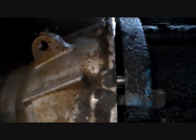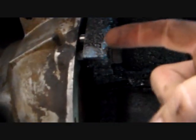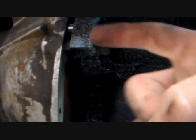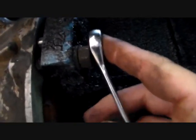And there it comes, man. Just kind of let this transmission down a little bit, and it started lining up once I could eyeball it and make sure that distance right there was equal. It didn't want to slip on this dowel pin, so what it is, you got to remember on these slant sixes, your two longest bolts are on the bottom. This one goes in this way, and I think the other one is up here, but I think it goes forward into the block. So this is a threaded hole right here, right by this dowel pin. So anyway, I just kind of jostled it around a little bit and got it lined up, and the bolt